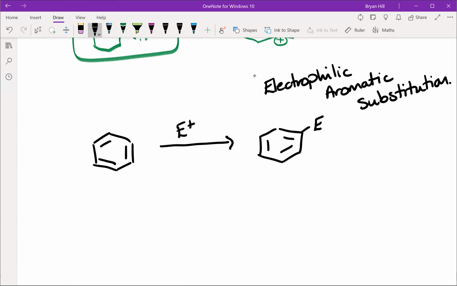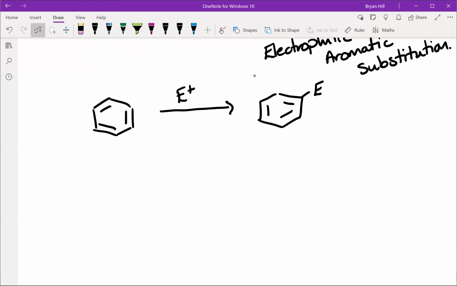So for these reactions to take place, the electrophile needed to be stronger than for a typical isolated double bond, because you had to overcome the stability of that aromatic ring. You needed to use really, really, really strong electrophiles to get this to work. So one example would have been if you wanted to add, say,